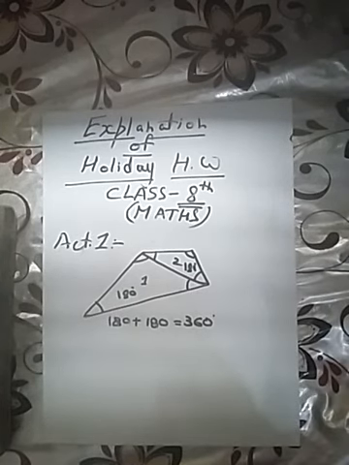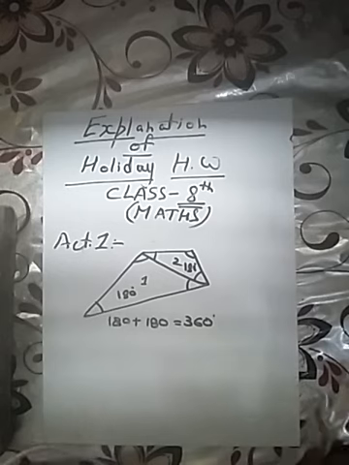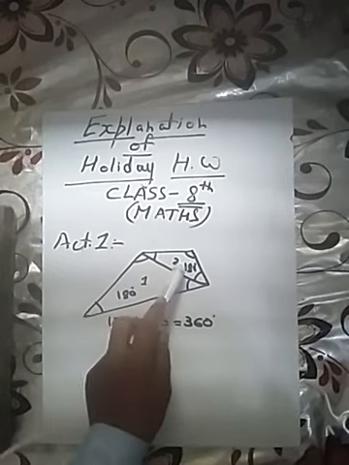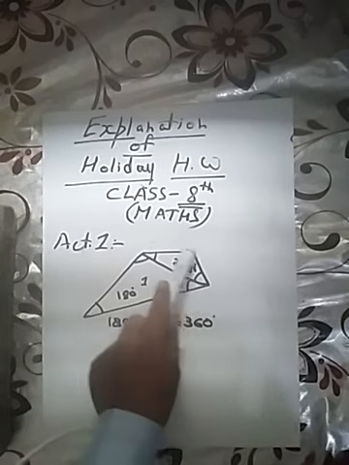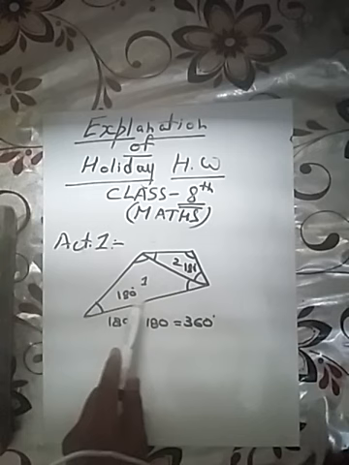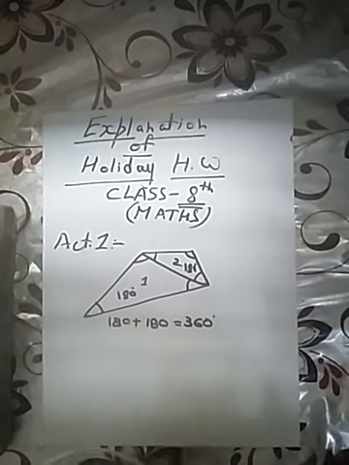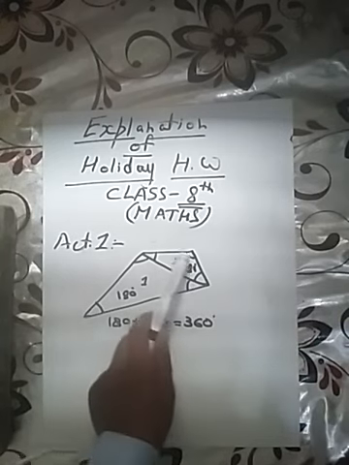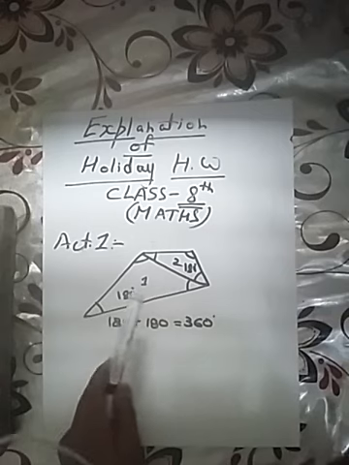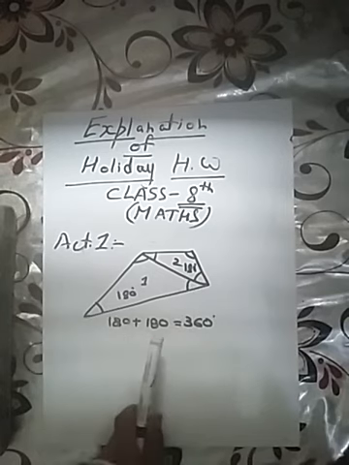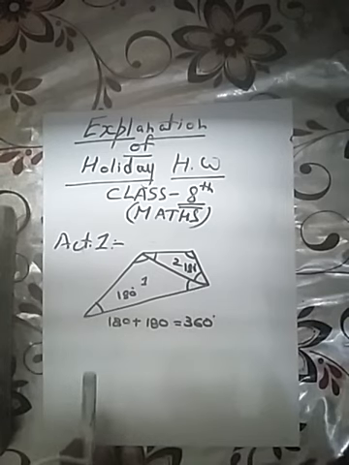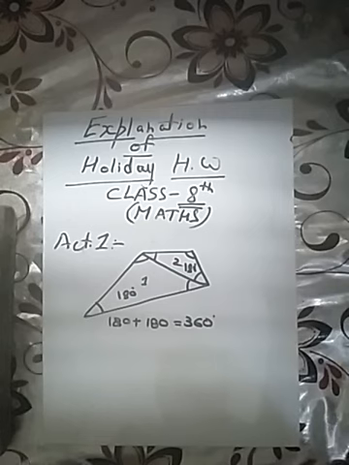In this activity there are some questions, like give the number of triangles in each shape. Look at this, in this shape there are how many triangles? 2. Then what is the sum of all these angles? That is 360 degrees. Likewise we can do it for a pentagon, for a heptagon. Then you have to generalize this for a polygon of n sides.